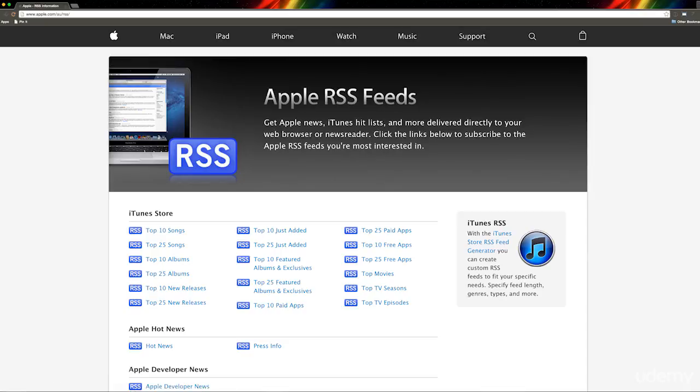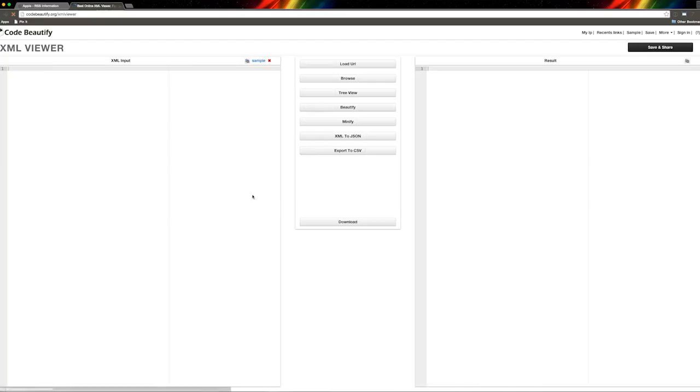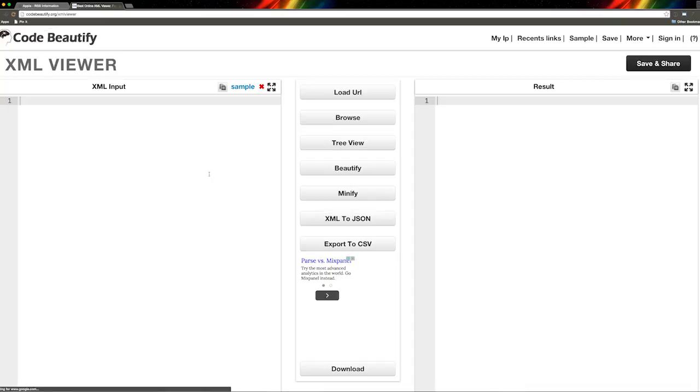So a good way of figuring this stuff out and having a look at the RSS file is to actually open up a link. So what I'm going to do is open a new tab and paste in this link. And this link is in the notes for the video, so you can have a look in the resources section. But codebeautify.org/XML viewer. Now this is just a free website where you can actually paste in a URL for an RSS feed,